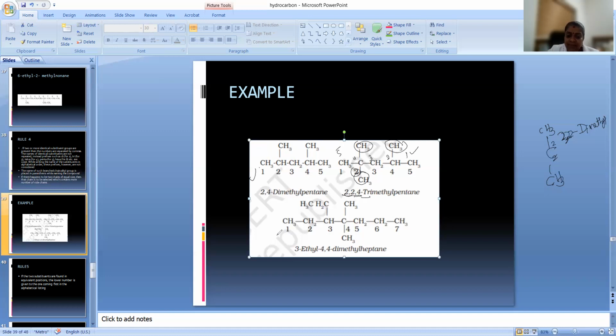In this case, you see 1, 2, 3, 4, 5, 6, 7. Okay. So if you are numbering in this way also, 1, 2, 3, 4, you are going to get a 4. So what we did, if you are numbering this side or that side, you are going to get a 4. So numbering this side is better because this branch will get the lowest number. One more branch will get the lowest. Otherwise, what you will get, here you will get 4, then 5. This branch gets a higher number. So better is numbering from this side. Now you have to follow alphabetic order. You have to see third position ethyl group, 4 dimethyl heptane. Okay, in this way we will name it.